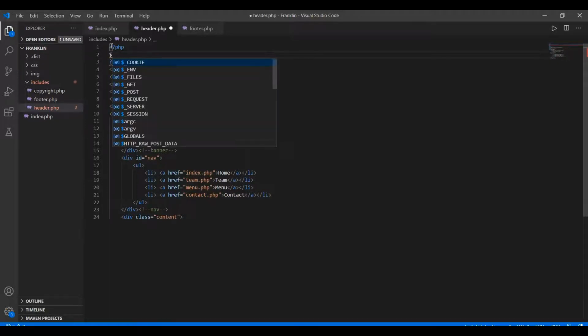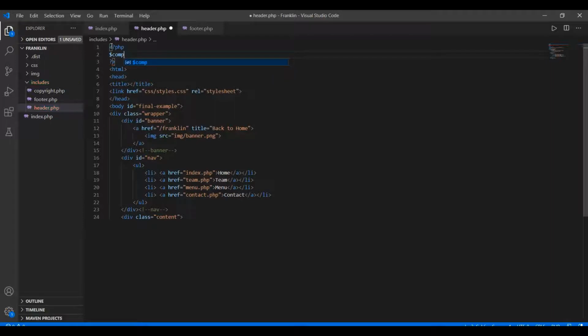Here I'm going to declare a variable, company name, and to this variable I'm assigning a value, Franklin's Fine Dining, and put the semicolon here. So this way I have created a variable company name, and that value I have assigned to it.